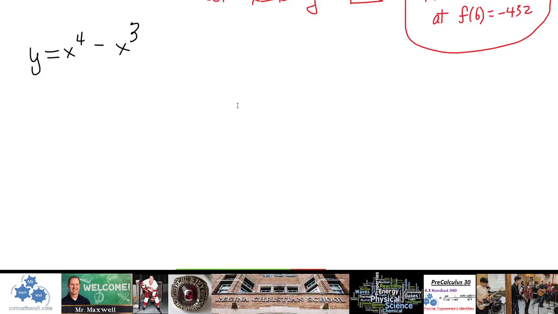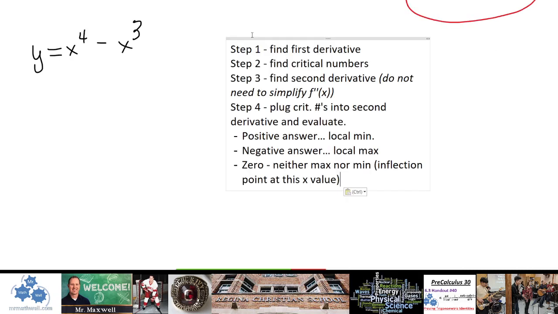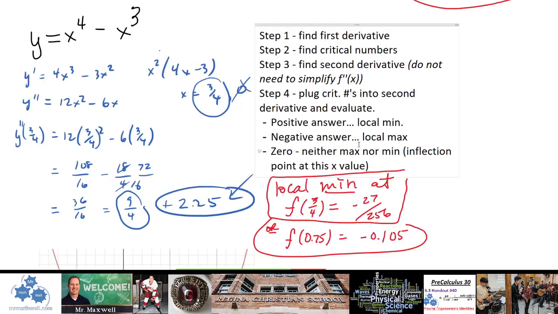So y equals x to the 4th minus x cubed. This is your turn now, so give it a try. I'll bring the steps down here too, so I'll show you the steps again. But find local max and or mins here for this question. Okay, so take the first derivative,